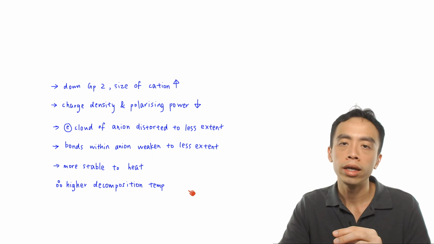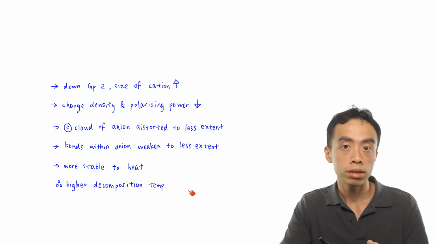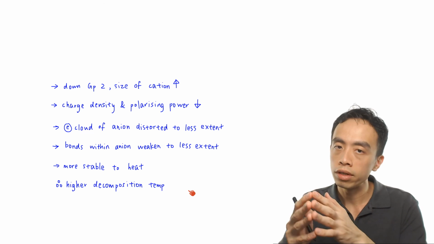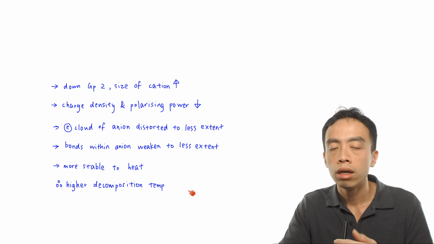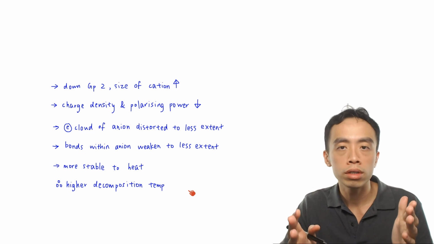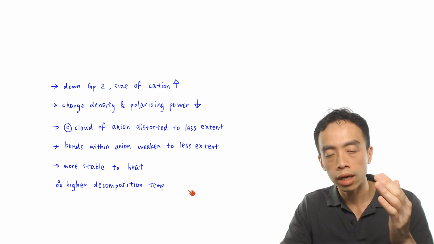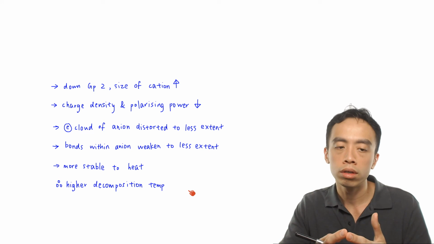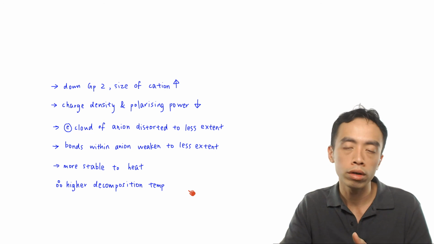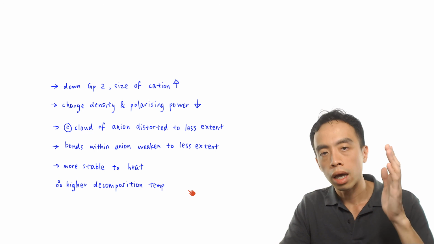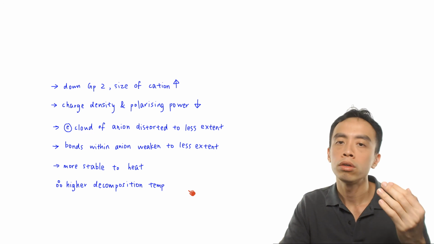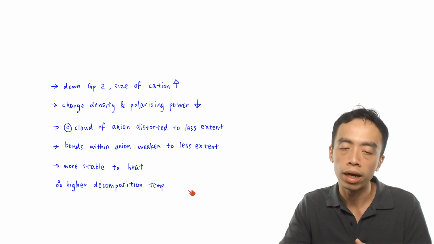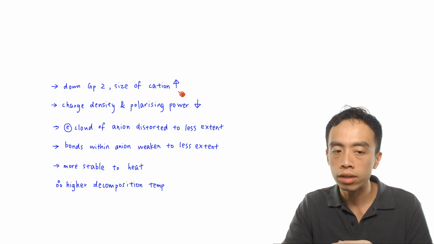That is the reason why, consistently, if I look at carbonates and nitrates and even hydroxides, you notice the decomposition temperature for all these group 2 metal salts will increase as you go down the group, because the polarizing power of the metal cation, as I change from Mg2+ to Ca2+ to Sr2+ to Ba2+, decreases